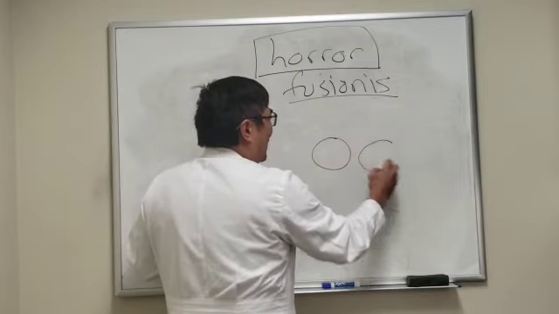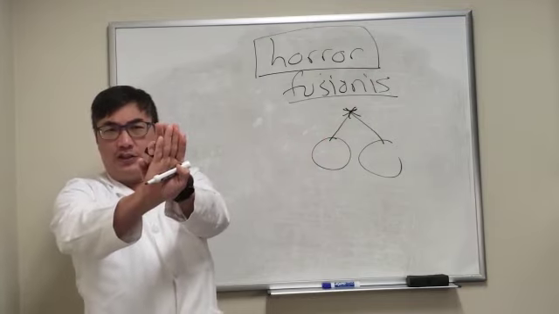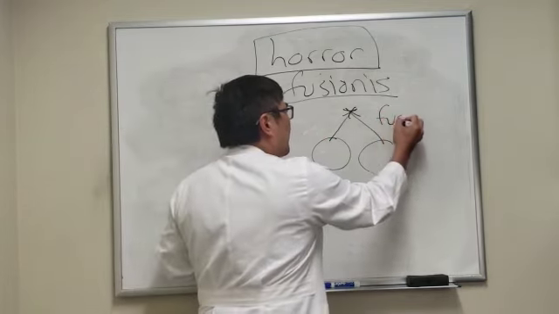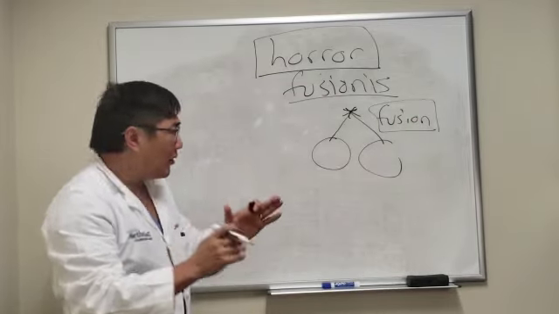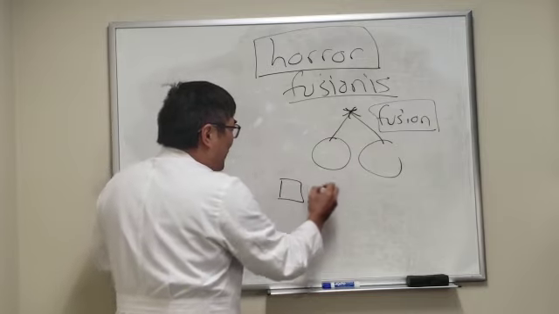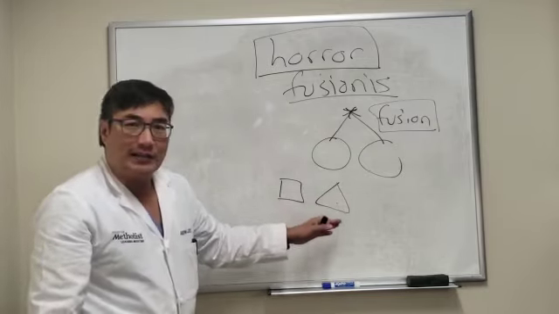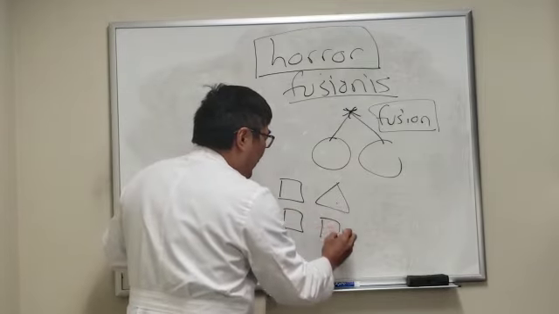So as you know, the two eyes have to see the same target and put them on top of each other to make a three-dimensional image. That is what we call fusion. And so sometimes your fusion cannot occur, number one, if the two images are disparate. So you can't fuse a square and a triangle, for example. They have to be both squares in order for you to fuse it.